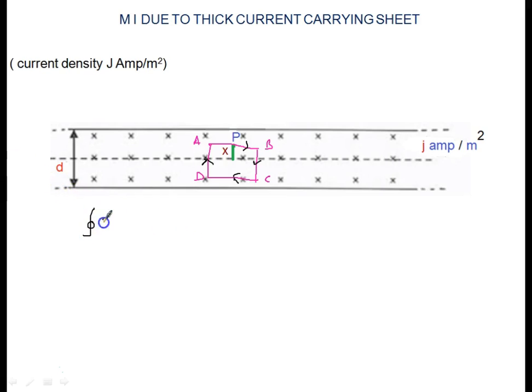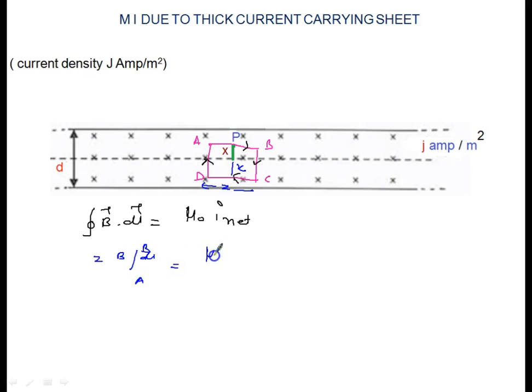So I write the Ampere's law. Integration B dot dl can be written as mu naught times the net current I which is threading. No problem here. Now if I assume this distance is Z and this distance is X, which is given to me, then of course due to symmetry this will also be X. So can I write directly? If you apply the rule on A, B, C, D, 2 will cancel, only 2 will remain. So you will say it can be written as 2, and this B is constant, integration dl from A to B.